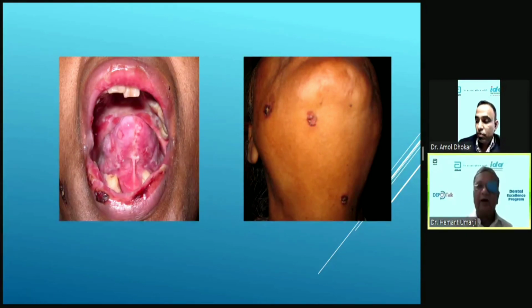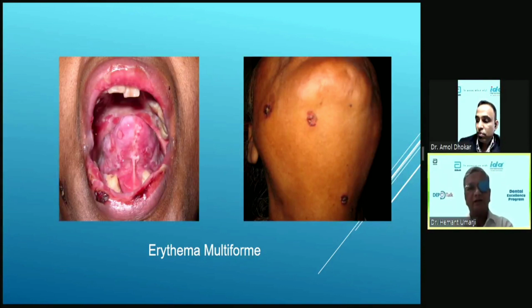Why is it called multiforme? Because in one patient you get vesicles, you get bullous lesions, you get ulcerative lesions, you get bloody crusts, all sorts of combinations of lesions are seen, multiple forms of lesions. Therefore, it is called multiforme, and this is a typical allergic manifestation. It will respond very well to the steroids. But the problem is that it may be mistaken for herpes.